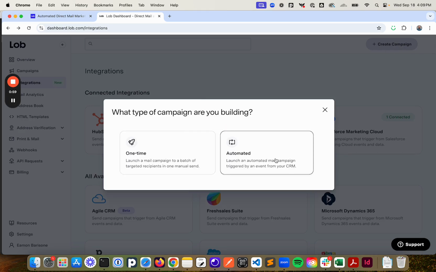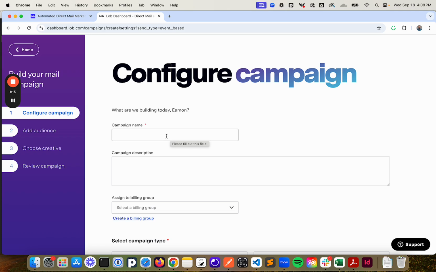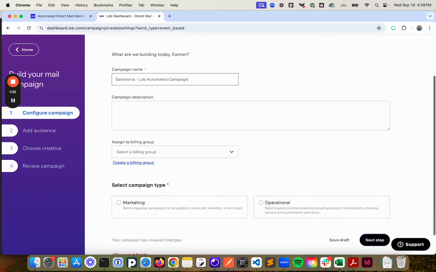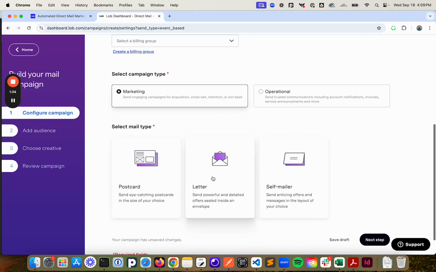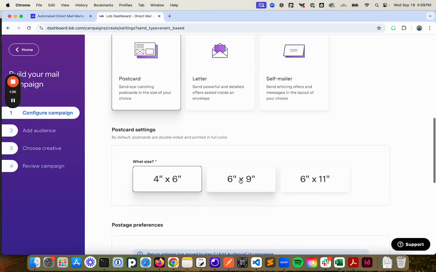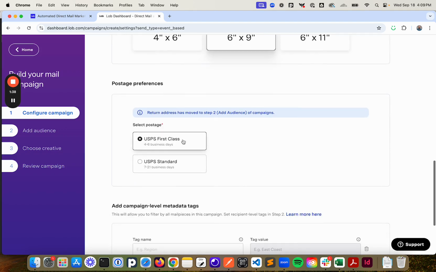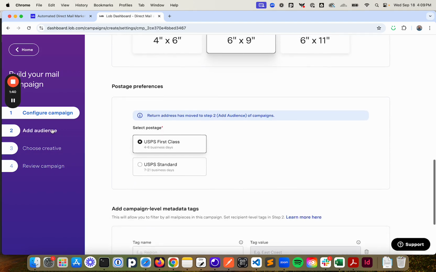I'm going to select Automated Campaign, because this will be a campaign that's automated based off of triggers from within Salesforce. And then the first step here you'll see is pretty familiar if you've used our campaigns UI before. We'll call this Salesforce Lob Automated Campaign. I'm going to go through here and just set some basic configs. So marketing mail, select my format, we'll do a 6x9 postcard, select my mail class. But once I've done that,